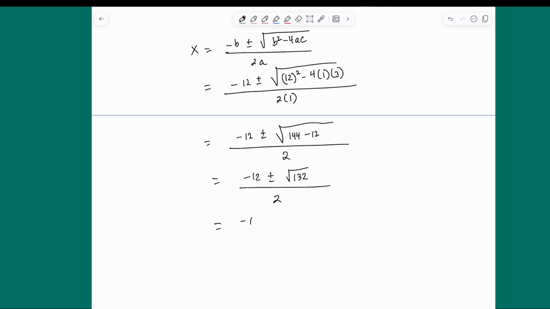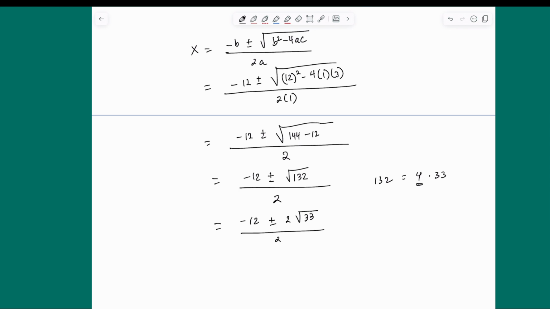Anyways, let's reduce that. I know there's a 4 in there because in the factorization of 132, I know it goes in 4 times. 4 times what? Let's see. Times 33, actually. 4 times 33. That's what it is. So that's the perfect square. So we could rewrite that square root of 132 as 2 times the square root of 33